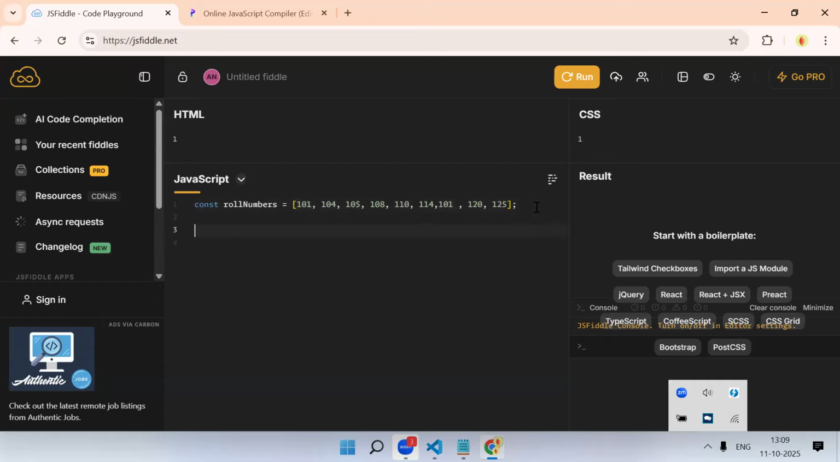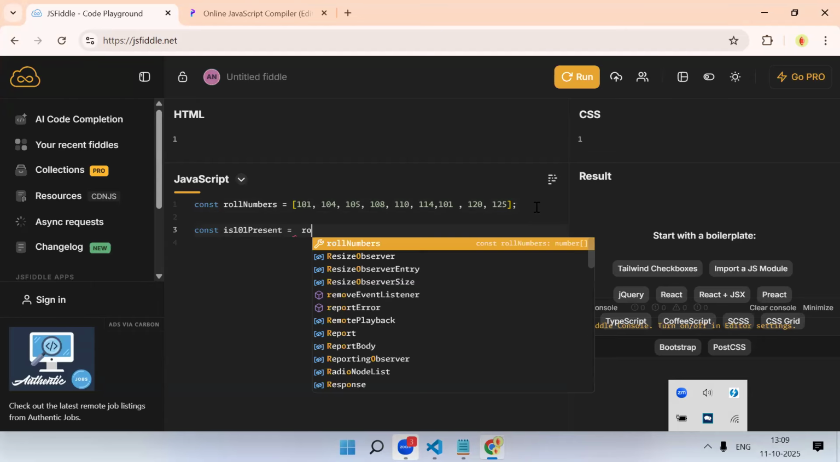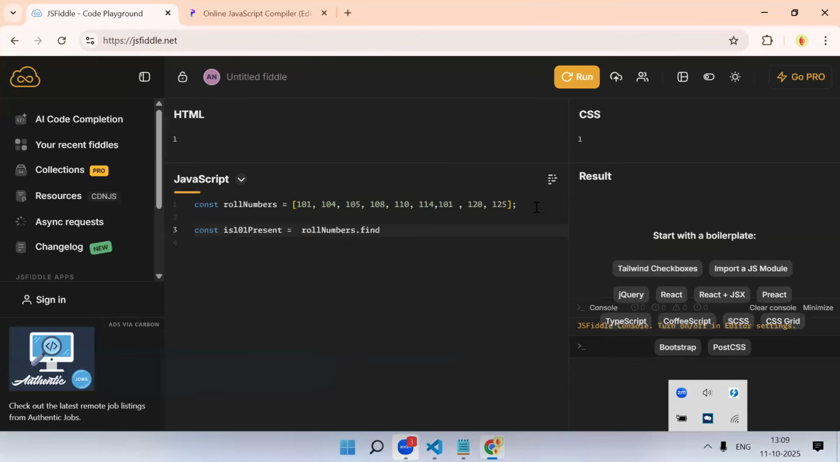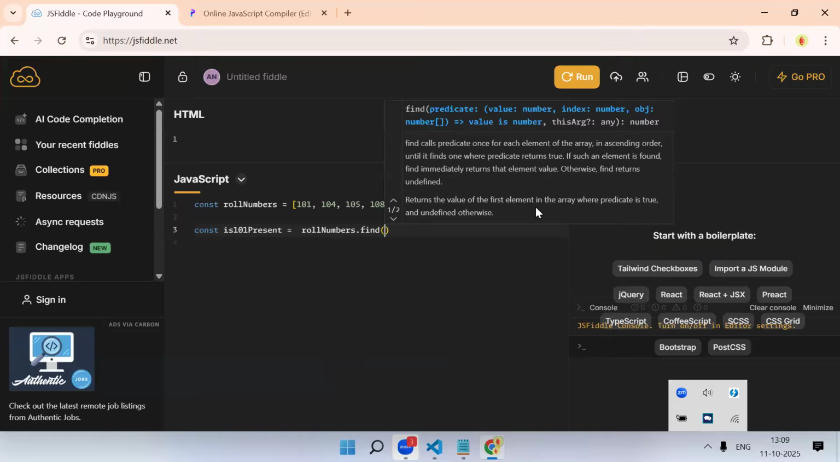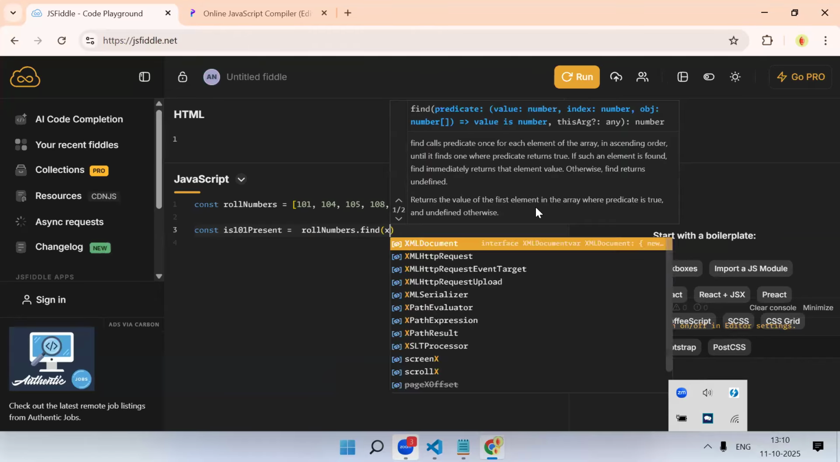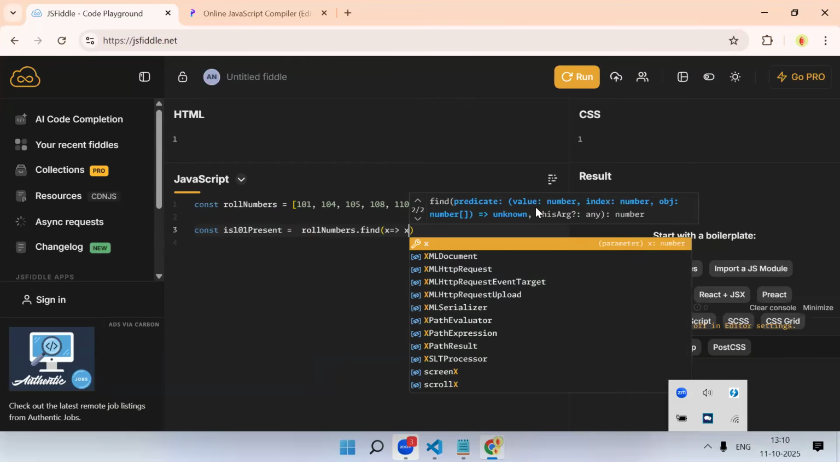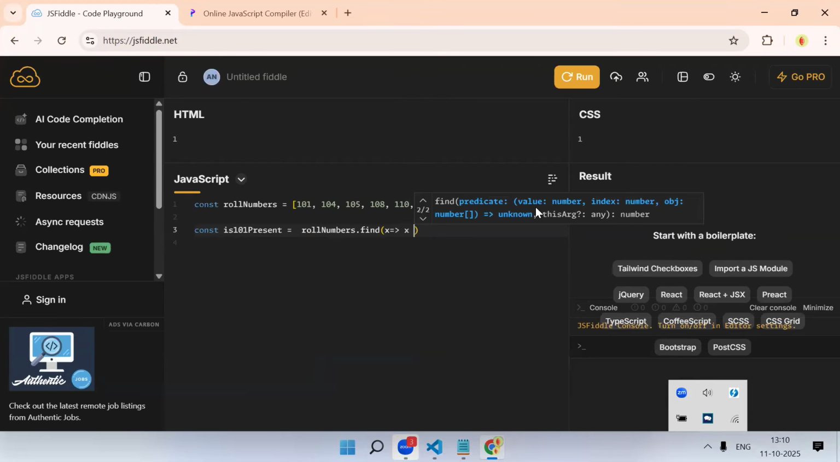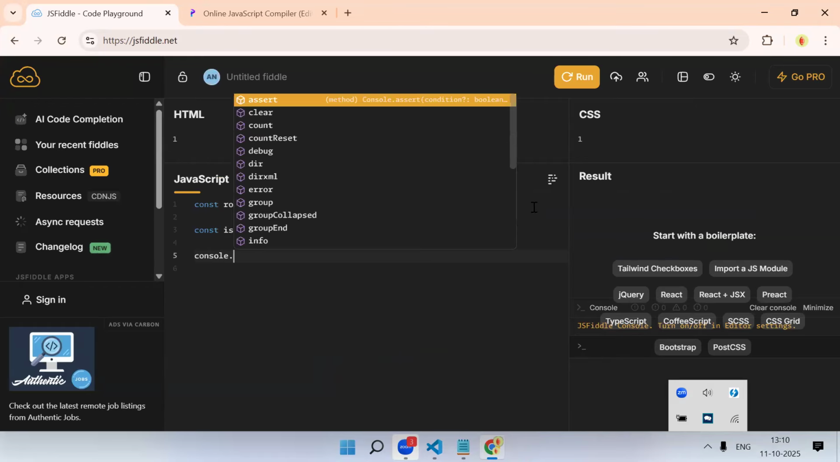Now, if I have to check if the number 101 is there in my array or not, there are multiple ways. So first, const is101Present. Now my array dot find method. This is an array of integers, so you can directly get the value with your arrow function: x => x. In x, you will directly get the value because your roll number array contains integers. So in x, you will directly get the value itself, equal to what you need to compare: 101. Now if I print it with console.log,